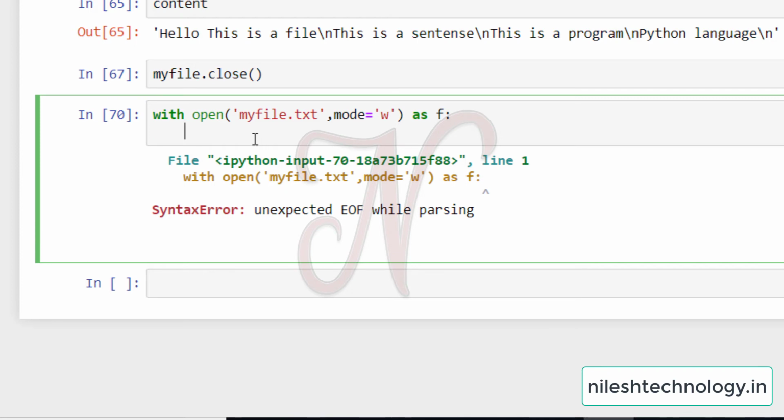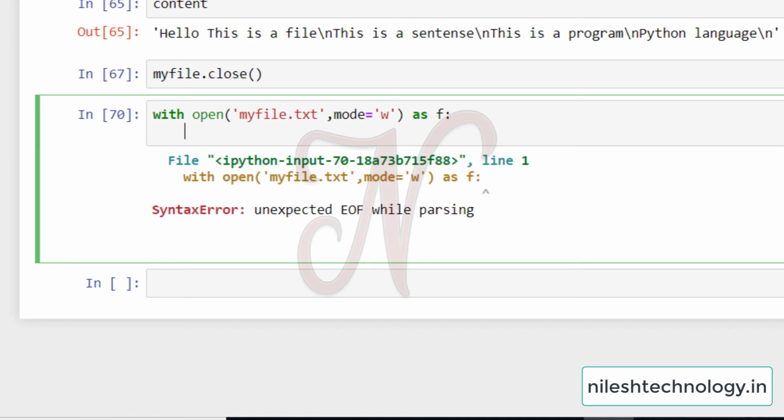See here, my cursor is in the tab position. It means that when you use with, if, for, while statements, the cursor goes to one tab position. This is the indentation, and basically any code here is within this block.